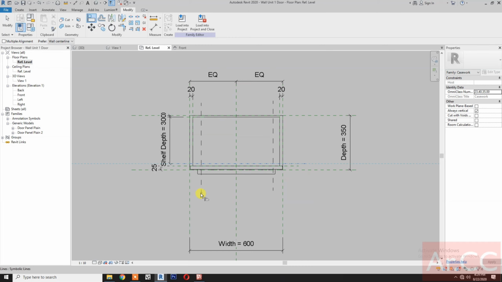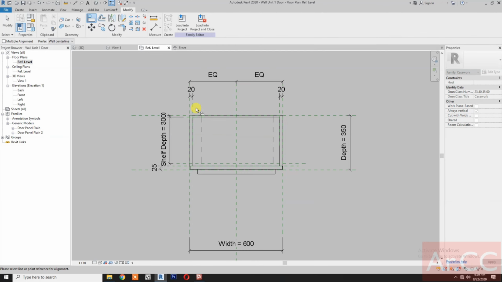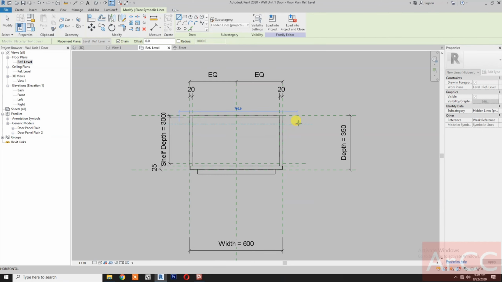Okay, select this reference plane, select the blue dot, lock. Select the reference plane, select the blue dot, lock. Select the blue dot, lock. Select the reference plane, select the blue dot, lock. Okay, cancel. Select the reference plane, select the line, lock. Select the reference plane, select the line, lock. Okay, one more, annotate, symbolic line, select line, draw a line, then align,